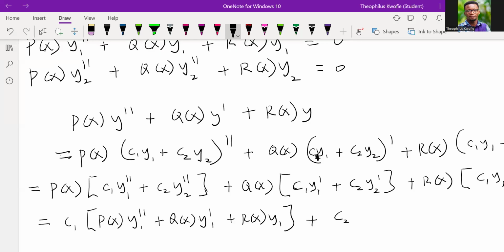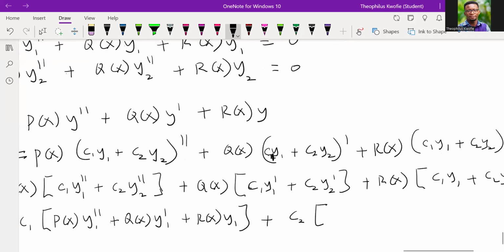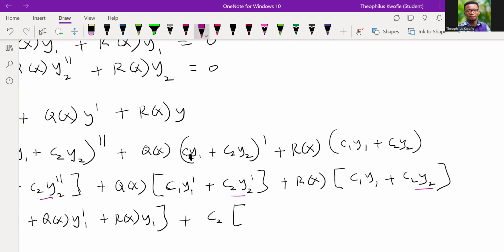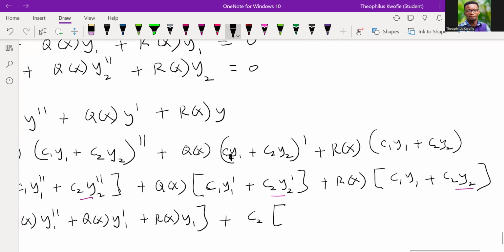And then we also have the c2. So we have one c2 here, another c2 here, and then the last c2 here. So we are collecting them and then factorizing that. And by doing so, we're going to have